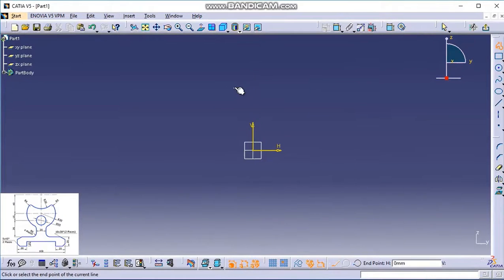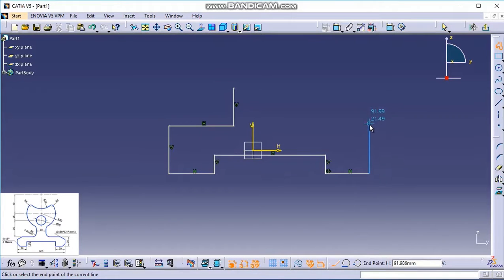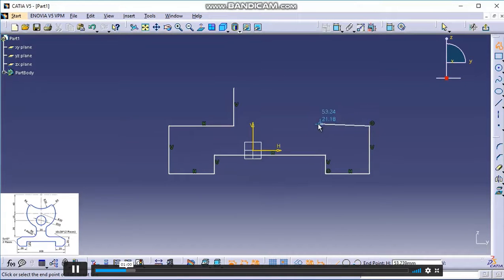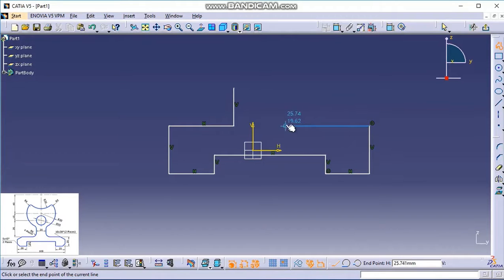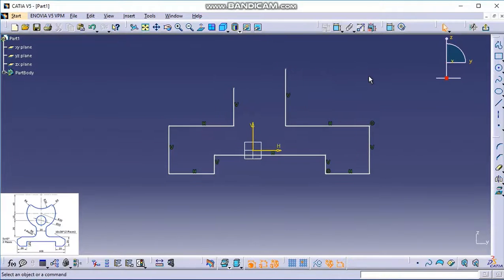Click on profile. Let us create a profile, which will be a rough profile. We are going to create the chamfers later, so no need to make it now. I can make use of this constraint for coinciding. You can see we are using this automatic constraining for coinciding this point with that line. Here, no need to use this auto constraint. Click somewhere here. Press the escape key to exit from the command.